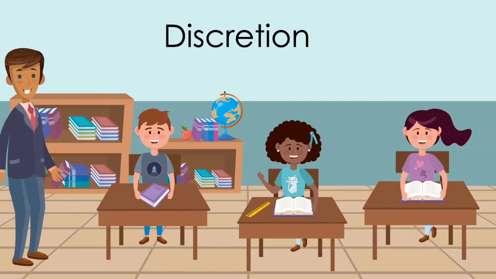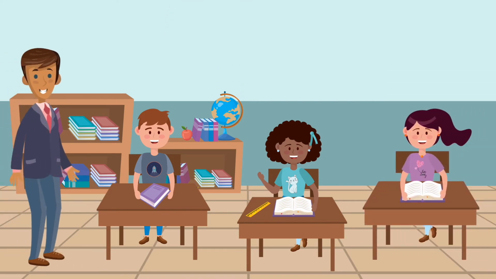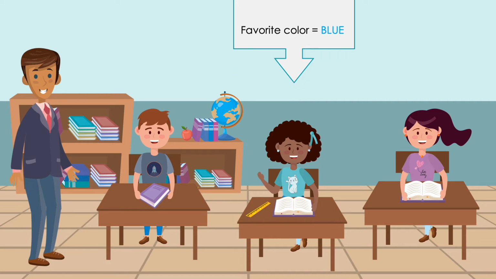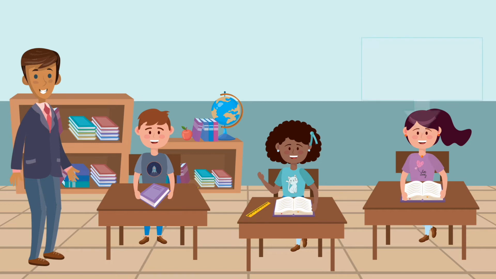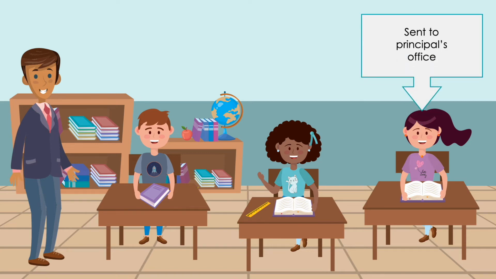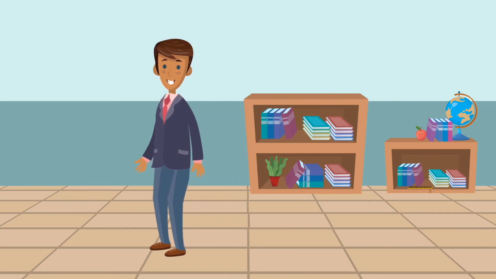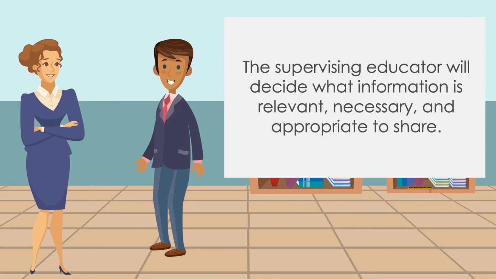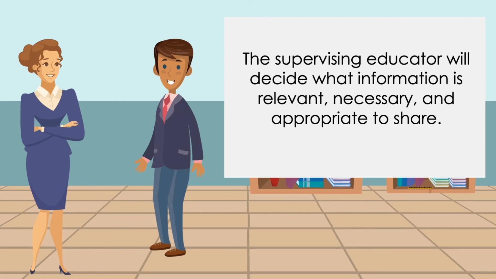Paraeducators must understand what student information can and can't be shared. A paraeducator can share that a student's favorite color is blue. On the other hand, a paraeducator must understand that there is information that cannot be shared. For example, the paraeducator cannot share that the student was sent to the principal's office for breaking the rules in the classroom. Everyone working with students must respect confidentiality. A licensed educator will also practice discretion regarding what student information is relevant, necessary, and appropriate to share with a